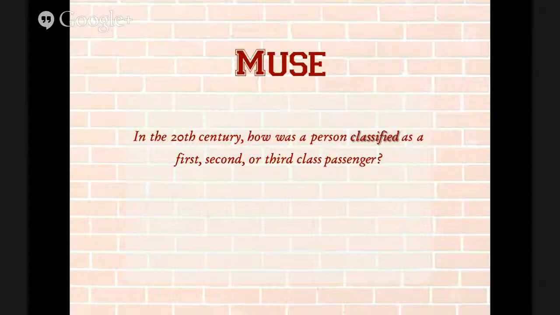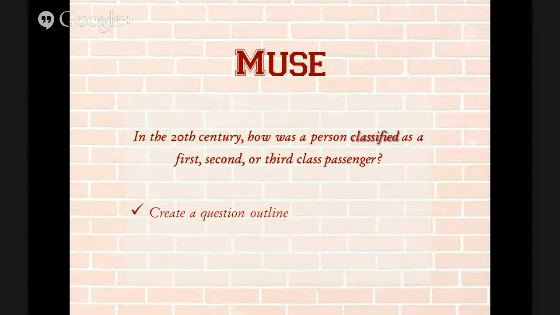So in other words, if there was this person, how do you determine which class he was assigned to? How do you know what is the difference between a third and a first class passenger? Can a third class passenger suddenly become a first class passenger? And how does that system all work? How are people classified? So that's the question we're going to be working on this week,